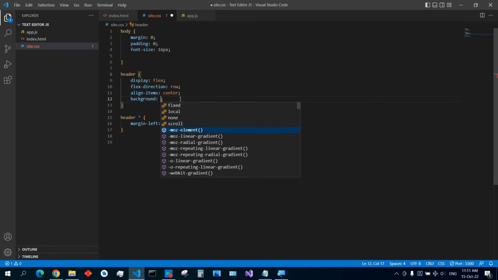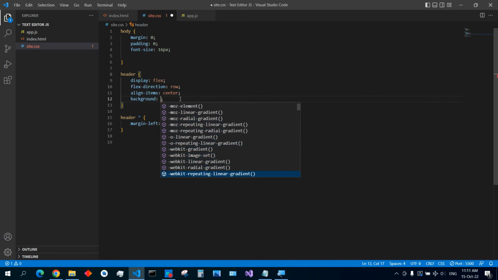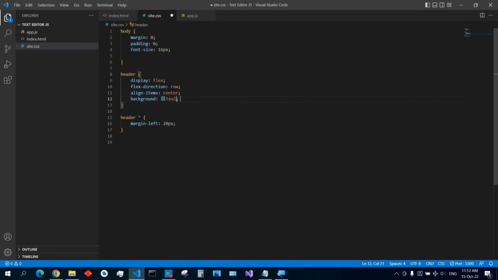And for background you have many options that you can set: linear gradient, radial gradient. You cannot use these with background color, it will not display. So linear gradient is more an image than a color, but with background you can say anything. But now we just give a color teal, okay,